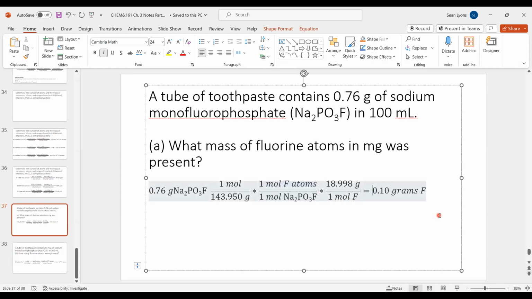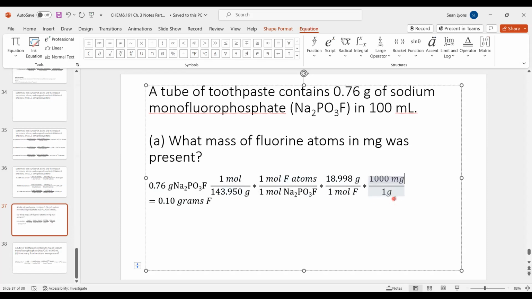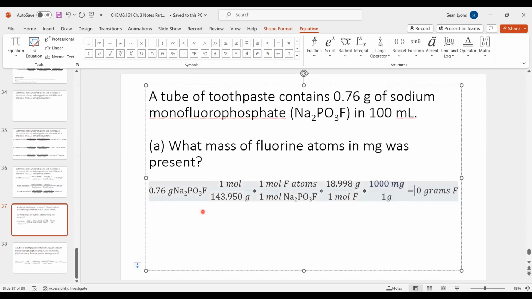But with this one, we would want to go one step further, since it's asking for milligrams. We really just go one step further. Equation, fraction, and 1 gram is equal to 1,000 milligrams. So we would just move this unit over. 0.76, times 18.988, times 1,000. And we'll get a calculator answer of